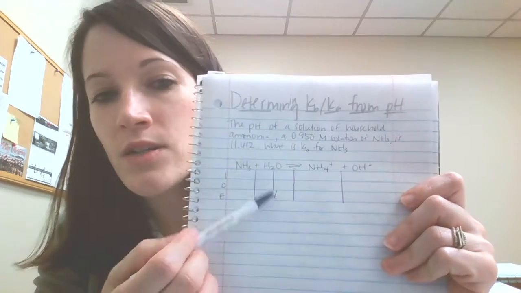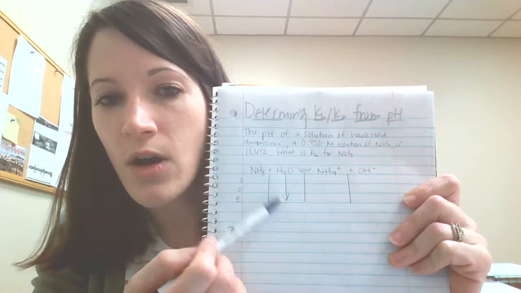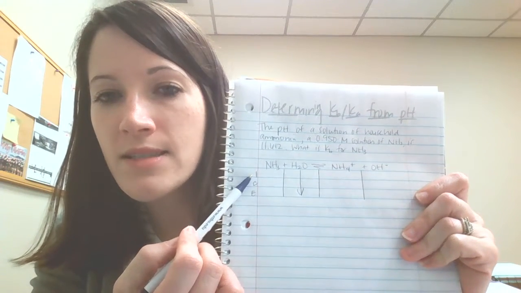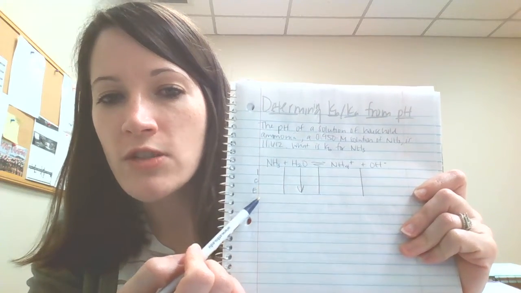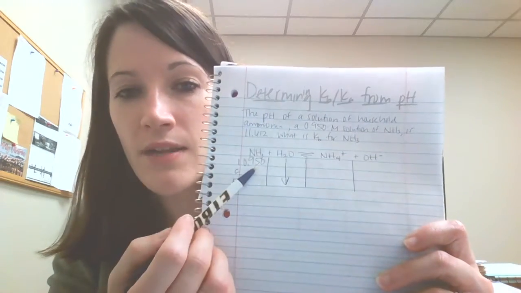Okay. I want to point this out. So water, because it's a liquid, is completely crossed out. So I went ahead and just put a line all the way through my ice table. I have my ice table with initial, change, and equilibrium, and I drew a line to divvy up my table a little bit. Okay. So the first thing that I'm going to do is take the concentration of my ammonia. It's what I'm starting with. Okay, 0.950. Now, initially, I'm not going to start with anything